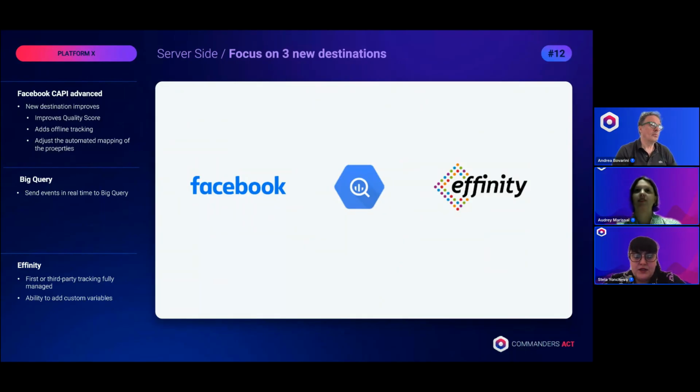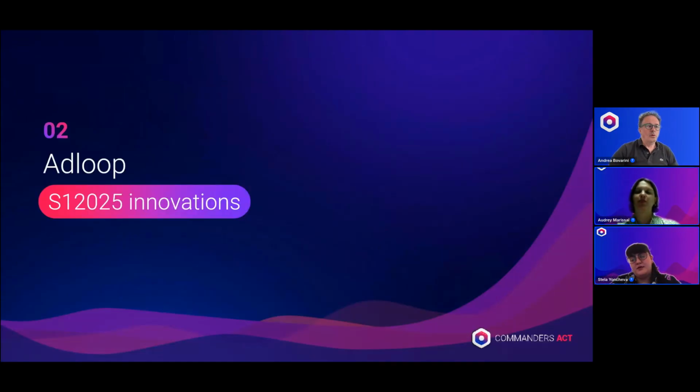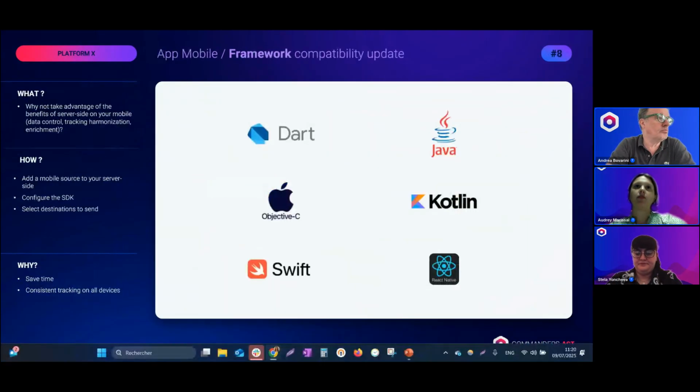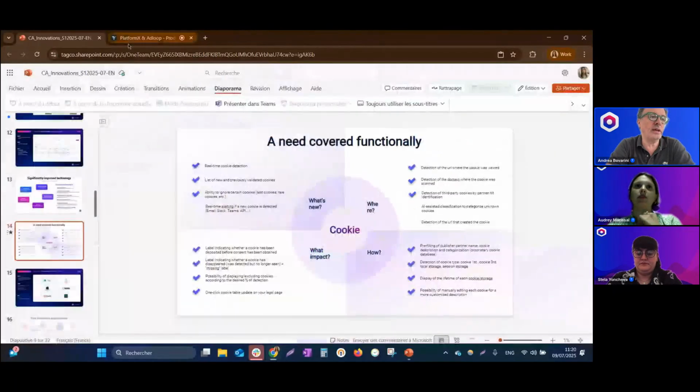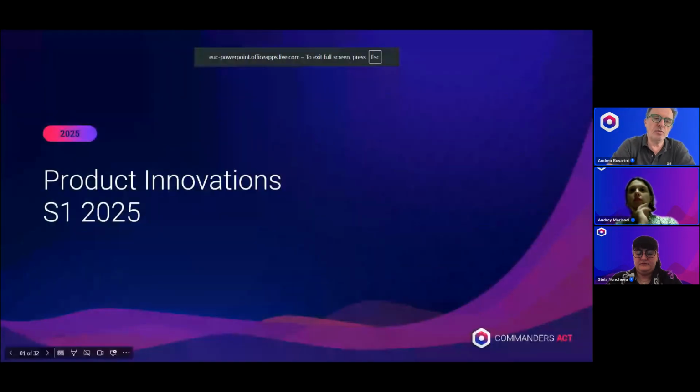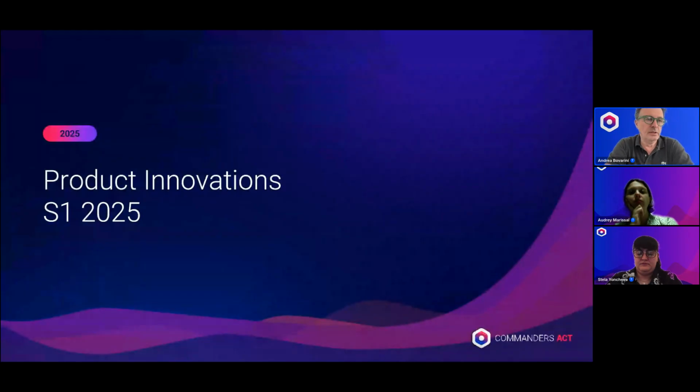With that, we are done on the platform side. Thank you very much, Stella. What we have presented is the news that has been developed during the first part of the year. Of course, if there are questions or if you are interested to know something more, just contact us. You should have already all the contacts for our people.